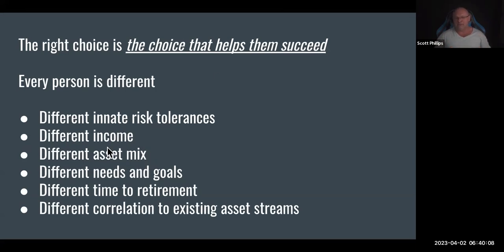Your income has a big impact on it. If you have a high income, you can withstand drawdowns, and it shouldn't really bother you as much as someone who's trying to live on this. Everyone has a different asset mix. If you have a lot of buy and hold crypto, this tends to move in the opposite direction. It tends to be non-correlated with buy and hold crypto, so it gives you a huge advantage if you're mixing that together. If you have a lot of stocks, this has a diversifying effect too. Depending on your asset mix, you may be able to go to a higher volatility target.